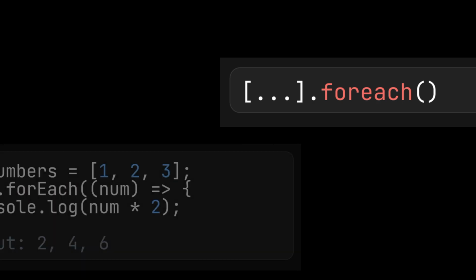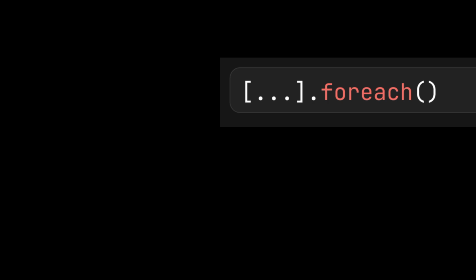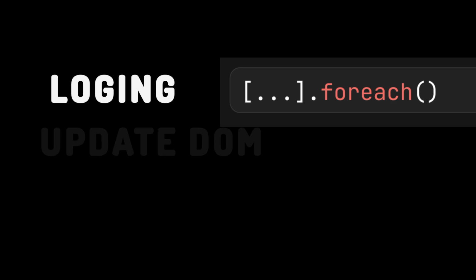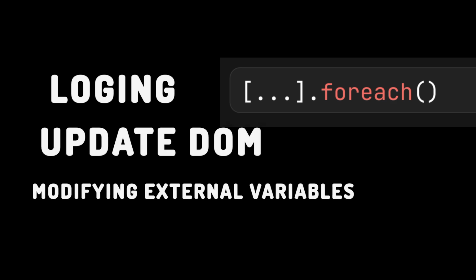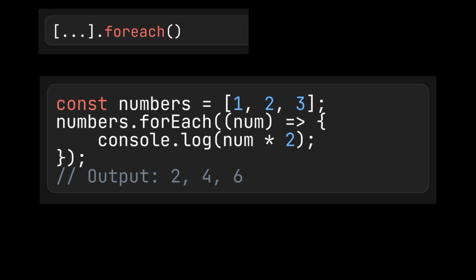The forEach method is used to iterate over an array and perform a specific operation on each element. It executes a provided callback function once for each element in the array, but it does not return anything. Instead, it simply applies the provided function to each element and moves on. This makes forEach suitable for tasks where the goal is to perform side effects like logging, updating the DOM, or